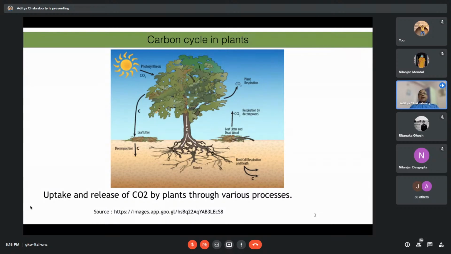So then this carbon, the synthesized food, the cellulose or sugar, is transferred to the different components of the plants. For example, from the leaf it goes to the stem, then it goes to the root. At the same time, it also releases carbon in the form of respiration during the process of respiration. But there are two kinds of respiration. One is